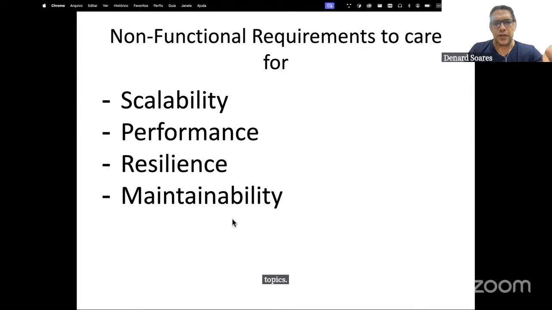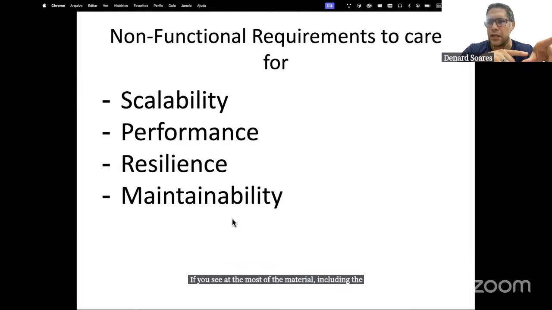One side note, the resilience one is actually handled in the material as reliability. If you look at most of the material, including the Giga Pro's ebook about it, we used to call it reliability.